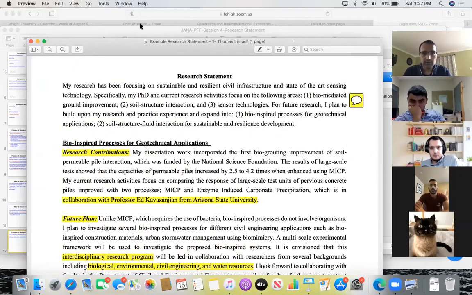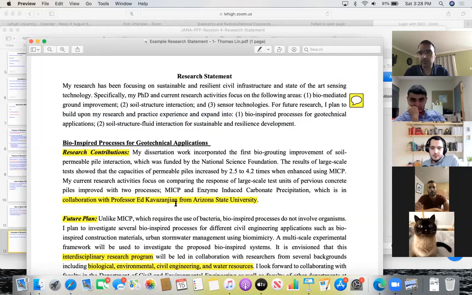If you take a look at the way it's organized, it basically says research statement. The first paragraph basically tells people what research he has been working on. And then three different areas, if you notice, number 1, number 2, number 3, clearly mentioned. So you cannot be mistaken about what he has been working on. And then the next sentence is the future plan about these research areas, or the research areas Thomas was interested in working on. And if you notice, he mentions 2 research areas, and then he discusses these 2 research areas in